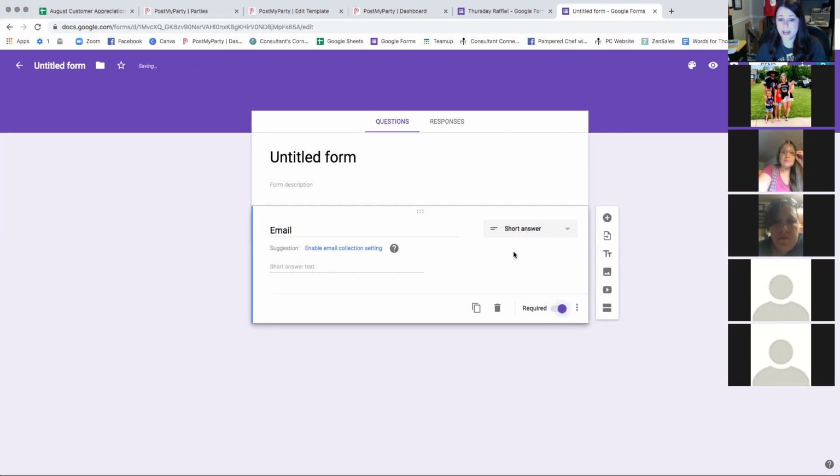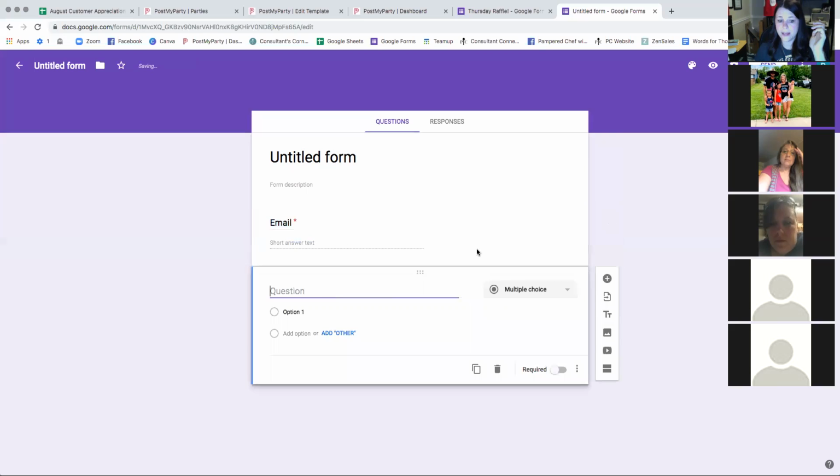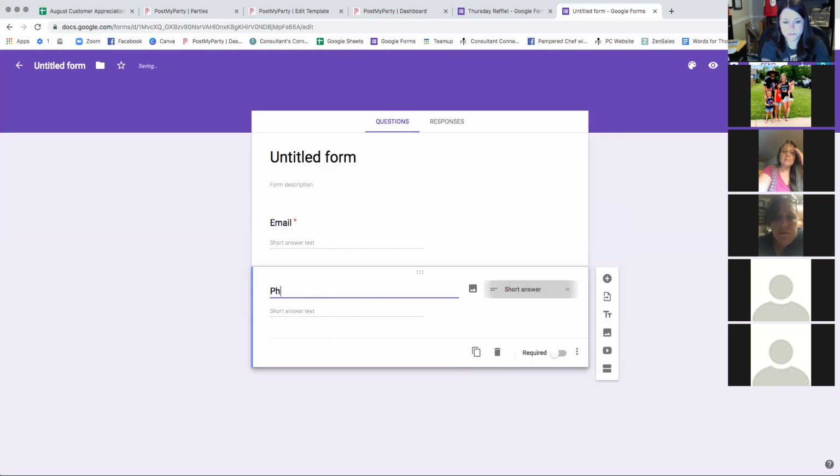And then when you're done with that one, you come over here. Granted, it does look a little bit different on a phone, you guys. I believe on a phone, the plus button is on the bottom of the screen. I can't remember. It's been a while since I've created one of these. So you click add, and then for the next one, just say phone number. It'll also change it to short answer. Does everybody kind of get the gist of that, where you just add, make it required? Plus you can also change the photo up top,